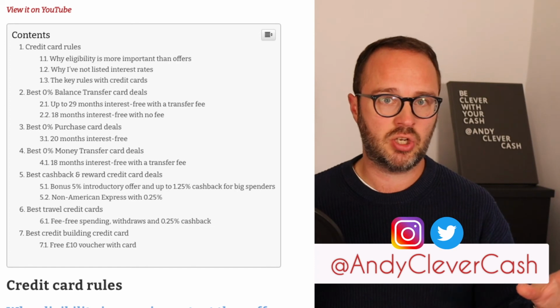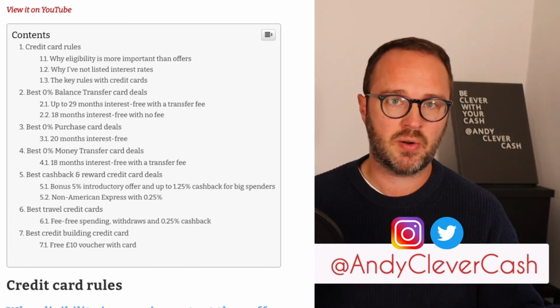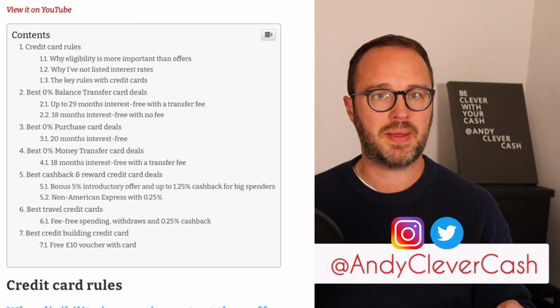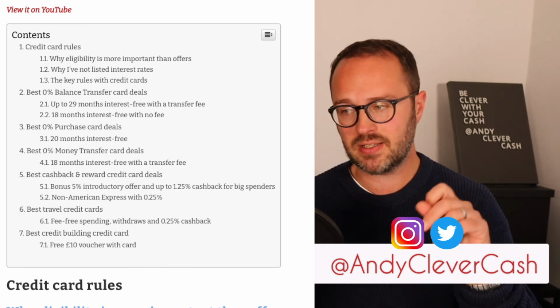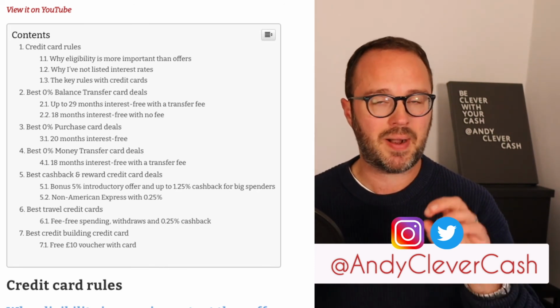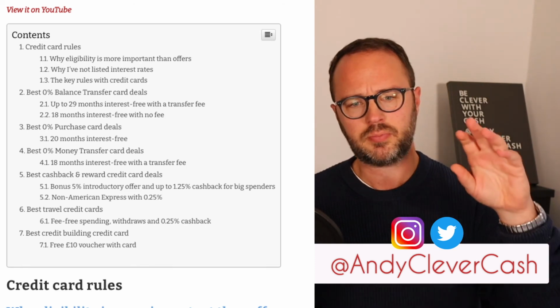But that's just in John Lewis. If you shop at M&S, there's an equivalent one. Doesn't do as well for non-M&S spending, but pretty decent for M&S and some free vouchers. However, the big one right now, as I record this, is over at Amazon, the Platinum Amazon credit card. They will give you